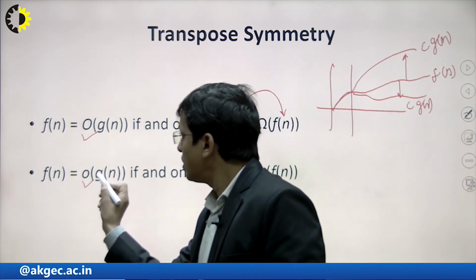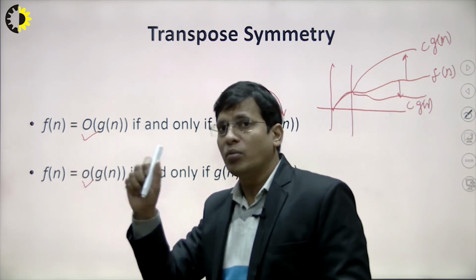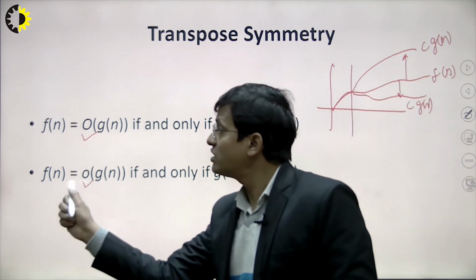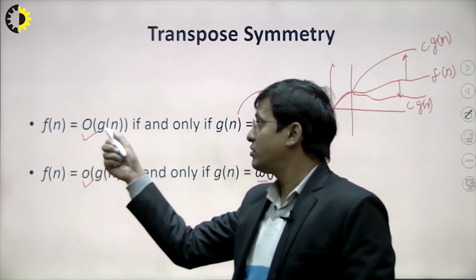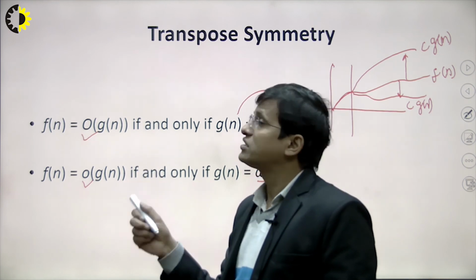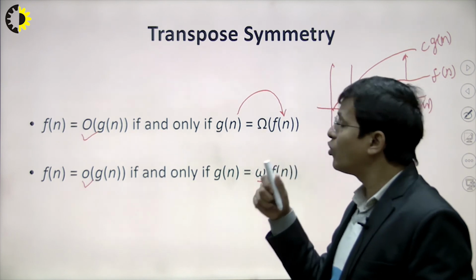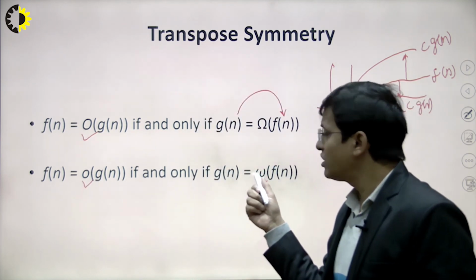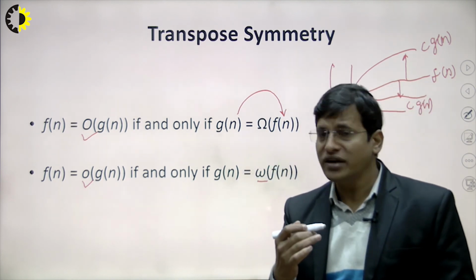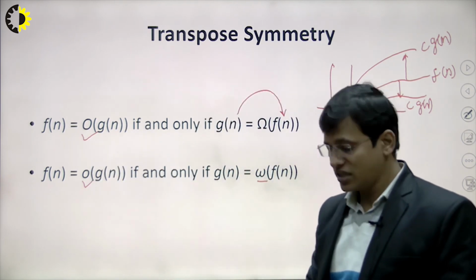Similarly for the little o notation and omega notation, this is the upper bound but not tight, and this is the lower bound but not tight, right. So that's why this property is following, and this is for the tight bound, that's why this is also following, right. For theta there is not any relationship in the transpose symmetry, only the big O notation with the big omega notation and little o notation with little omega notation, that is following because we are trying to find out the function's upper and lower bound, right. So that's why the transpose symmetry property is holding in this case, right.